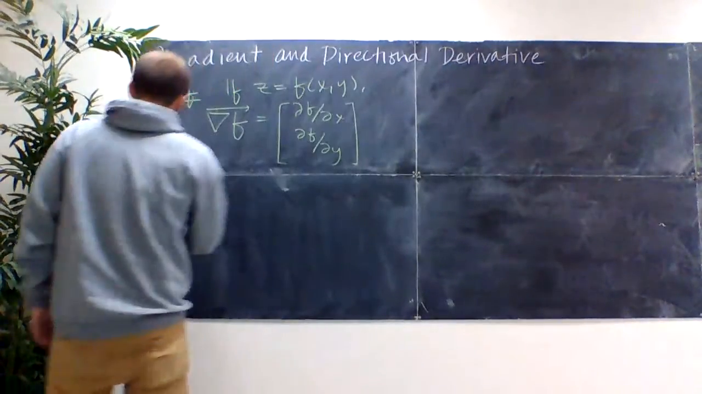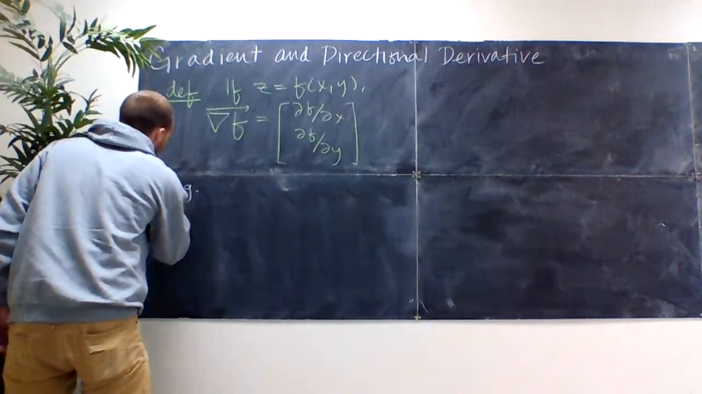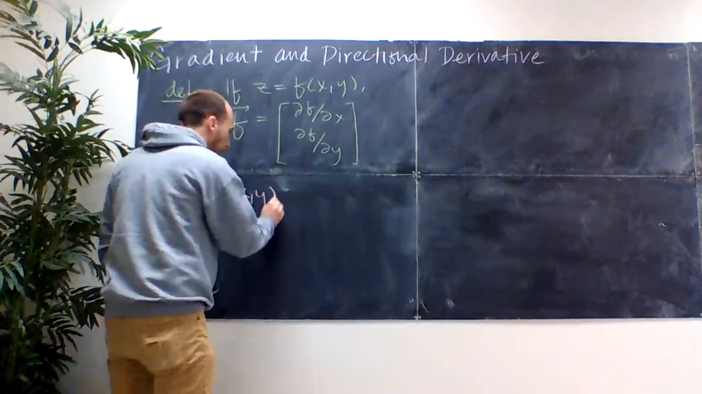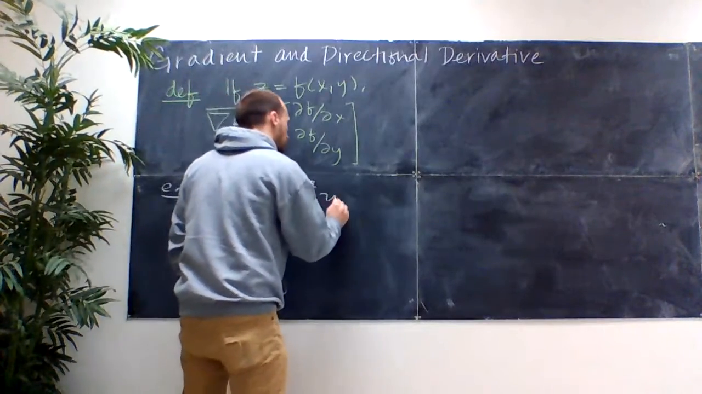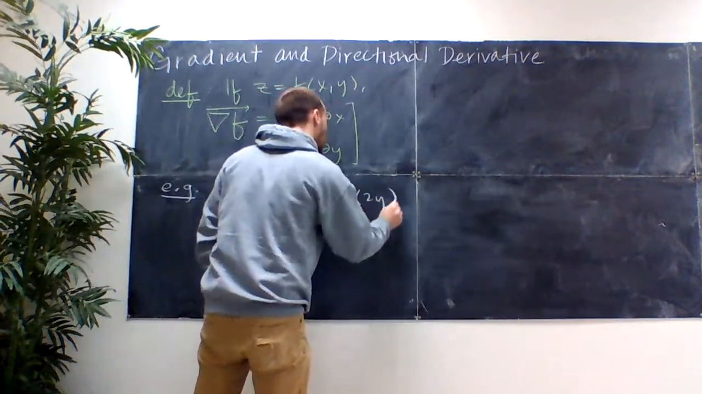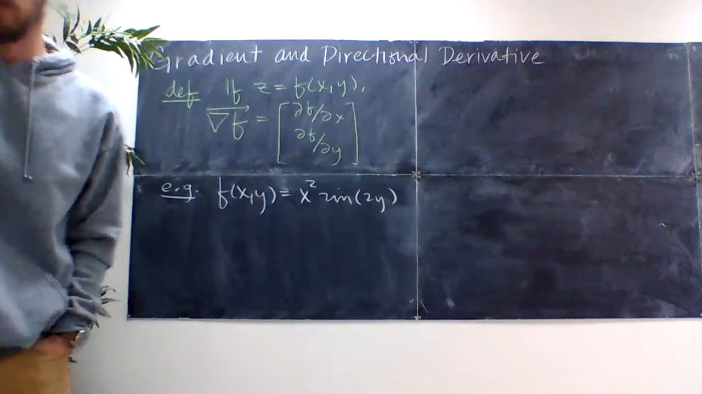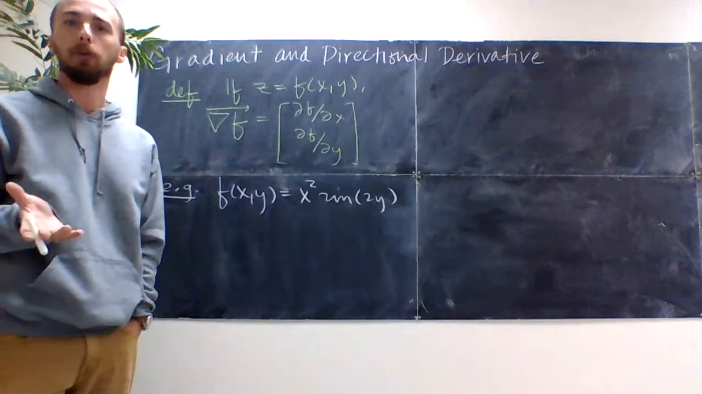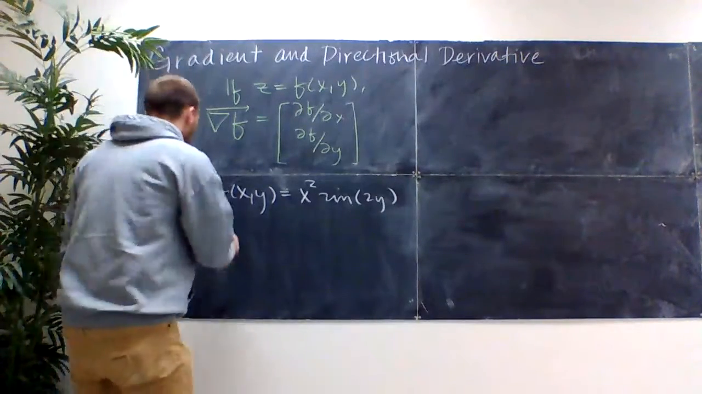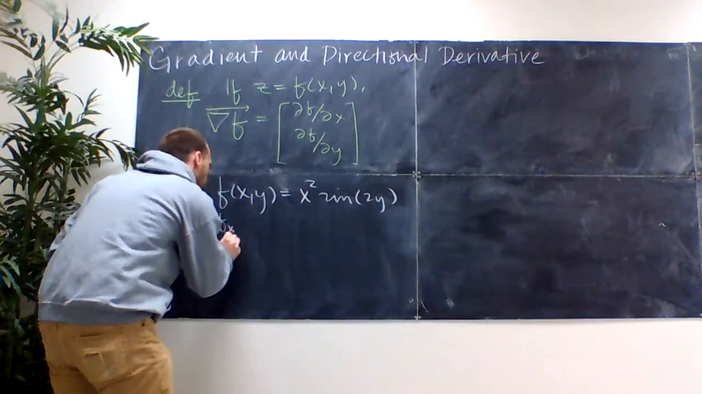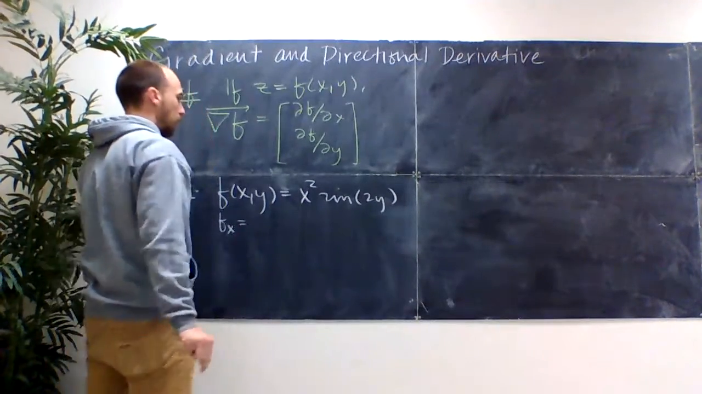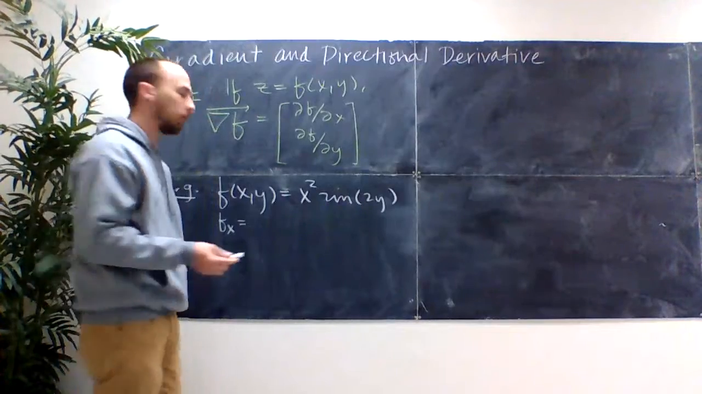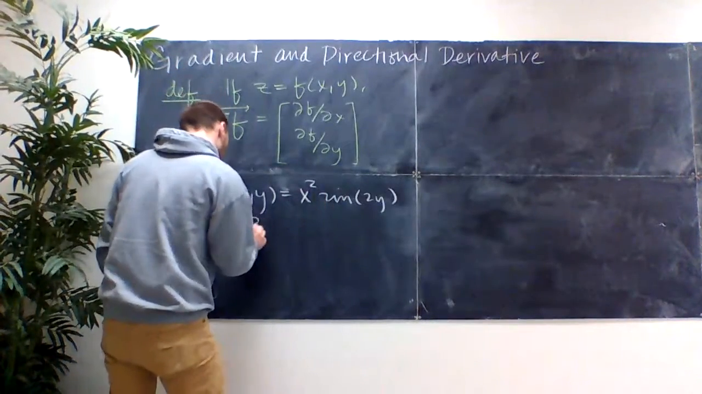I'm going to say if f of x and y is x squared sine of 2y, find the gradient of f. And so what we'll need is the partials, and then we'll put them together in a vector. So the partial derivative of f with respect to x is going to be, well, I'll take the derivative of x, and anything with y, I'm going to consider as a constant. Okay, and so that'll be 2x